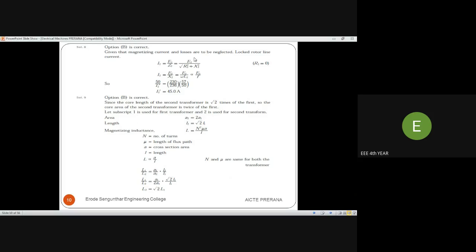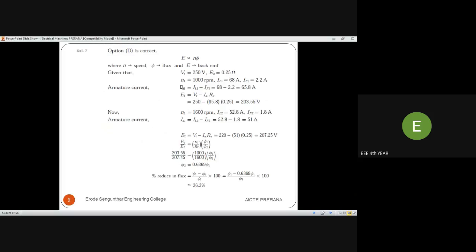You can neglect the rotor resistance value, that is E2 divided by square root of R2 square plus X2 square. So, neglecting the rotor resistance, IL equals E2 by X2. Substitute X2 in terms of omega L2, where omega equals 2 pi f, and L2 is the inductance of the rotor. Then we can substitute this value, that is 230 by 236.